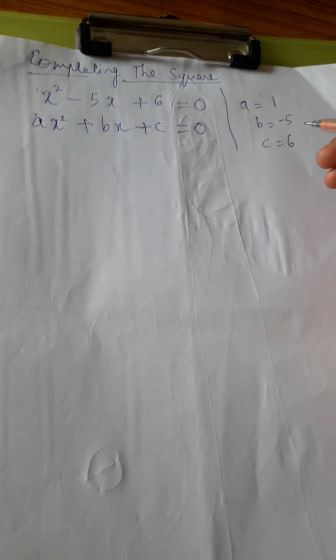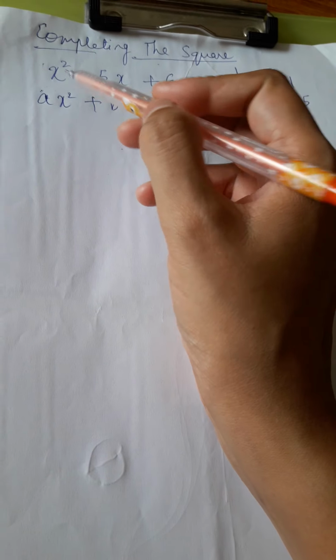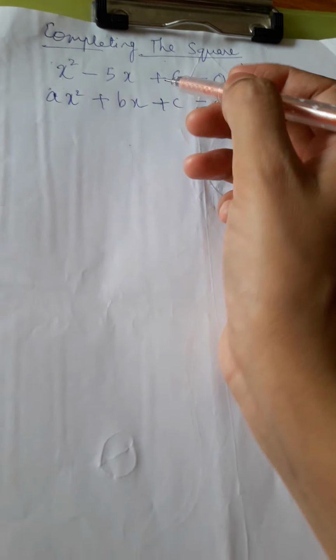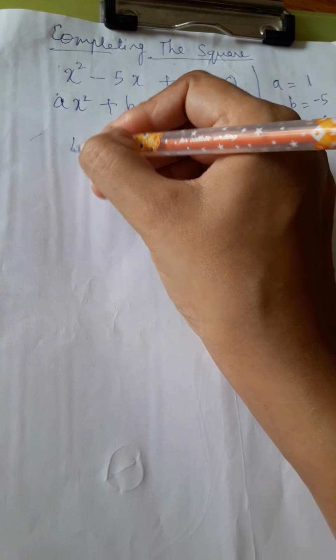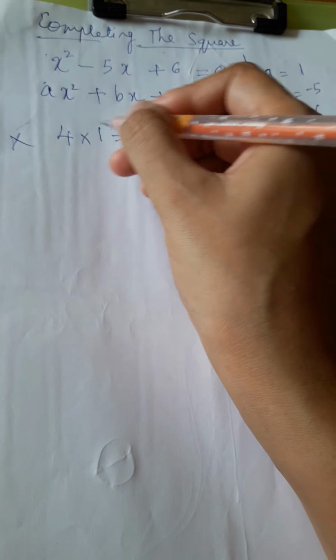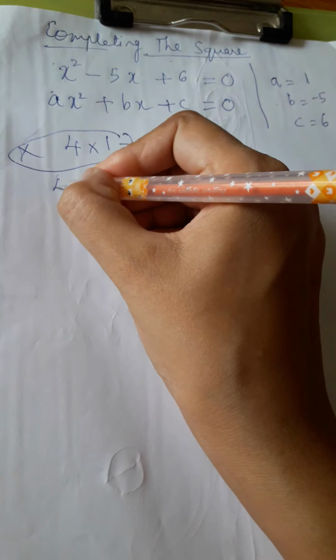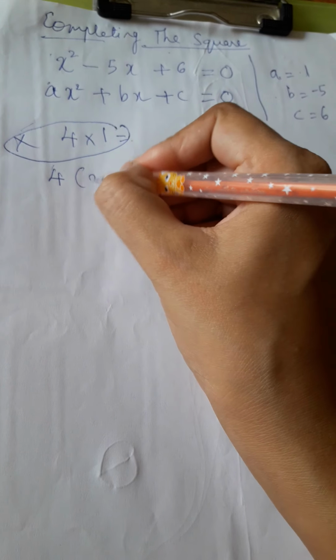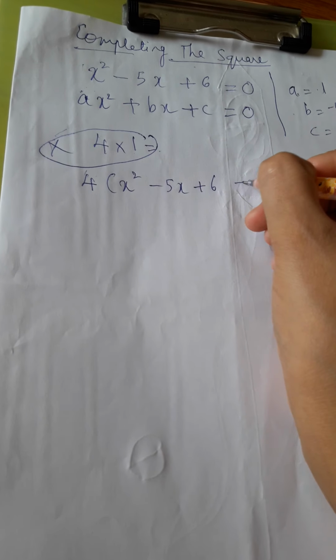So if you look back at the derivation of the completing the square method that I did in the last class, you would see that the first step is multiplying both sides, that is the LHS and the RHS, by 4. Alright, let us multiply both sides by 4. 4 into a, and here my a is 1, so 4 into 1 is 4. Therefore 4 into x square minus 5x plus 6 is equal to